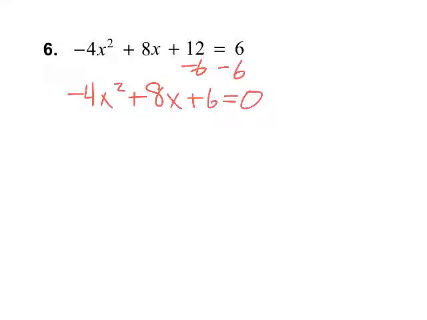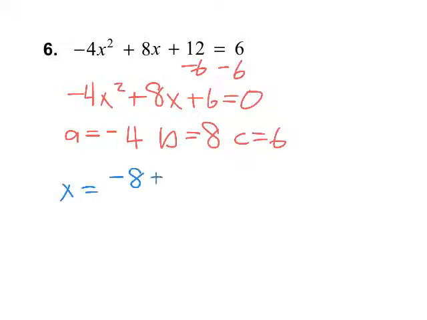Now that I have it equal to 0, I can identify a, b, and c. A is in front of x squared, that's negative 4. B is in front of x, that's 8. C is the number all by itself, that's 6. So my formula, x equals negative b, so that's negative 8, plus or minus the big square root,